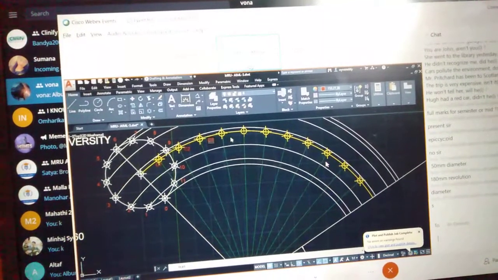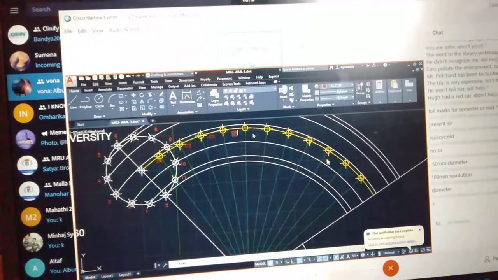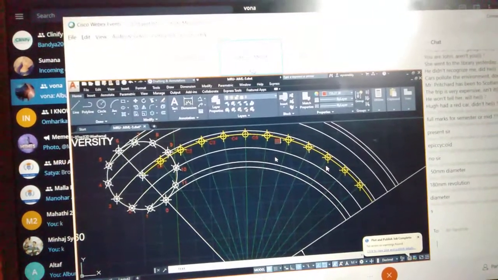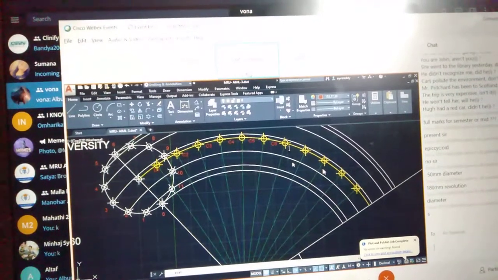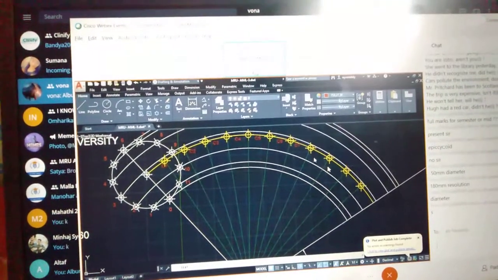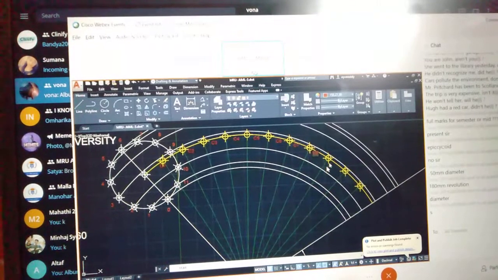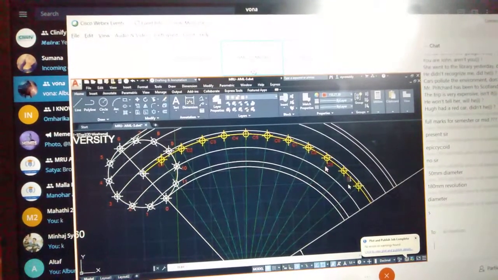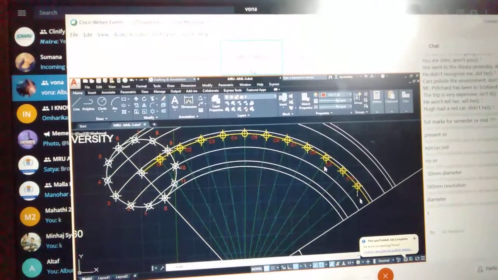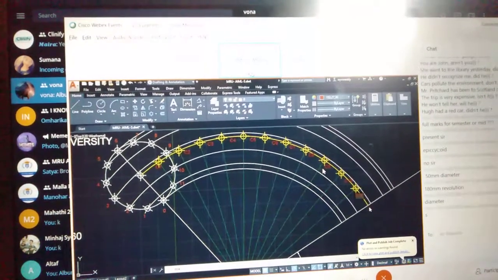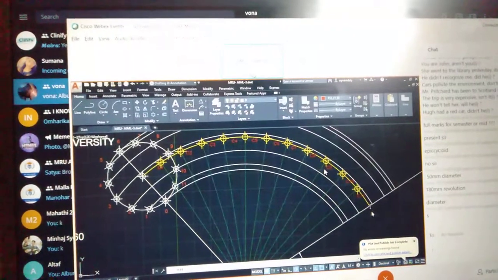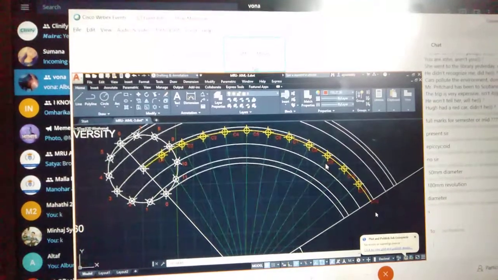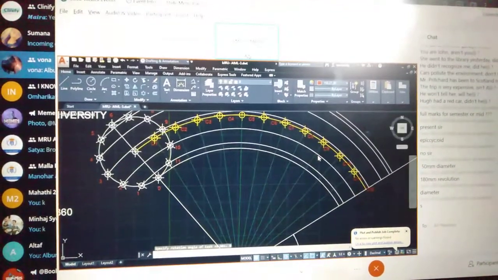C3, C4, C5, C6, C7, C8, 9, 10, 11. Up to 11. It does not require 12. If you give 12 also, no problem. Give it here, no problem. C12. Okay. Once the points are completed, then see the most important step.